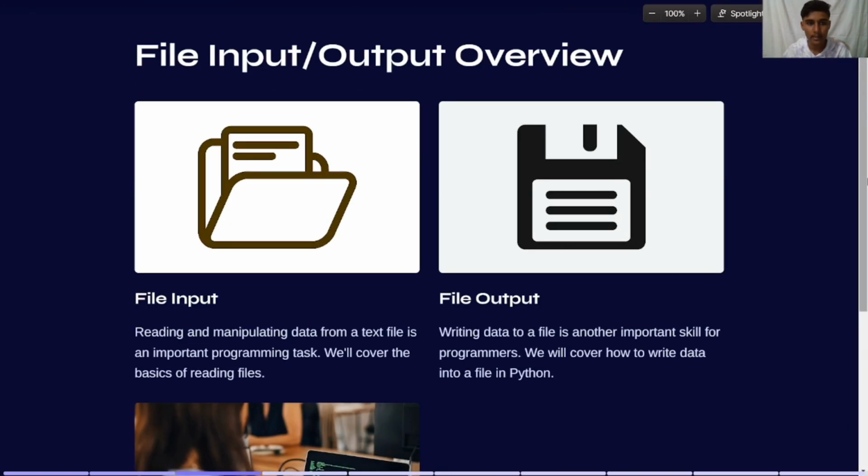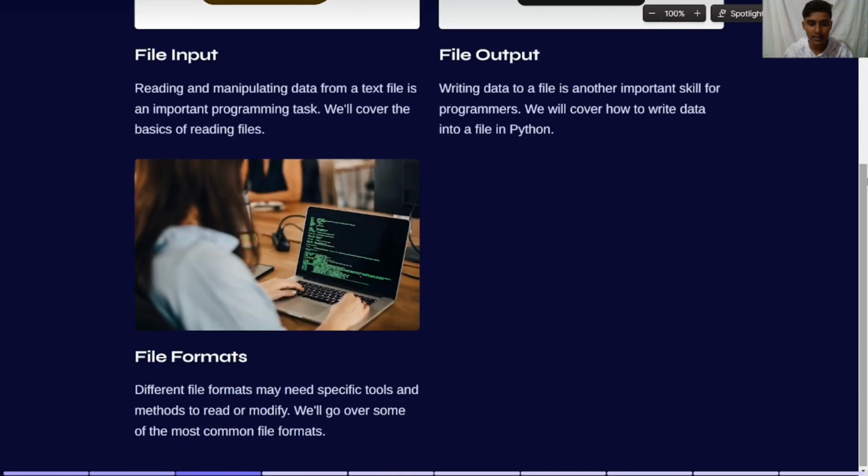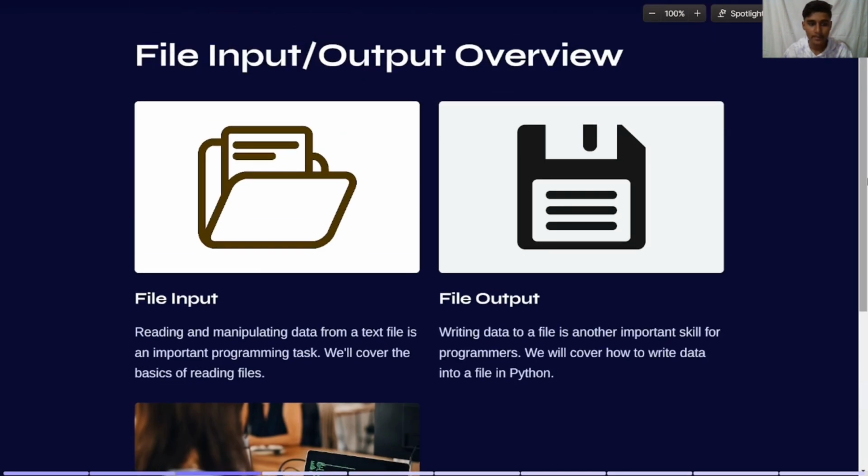Let's see them one by one. The first one is file input and output overview. In this there are mainly three types. The first one is file input, the second one is file output, and the third one is file format. Let's see the first one, file input. Reading and manipulating data from a text file is an important programmer task. We will cover the basics of reading files. And the second one is